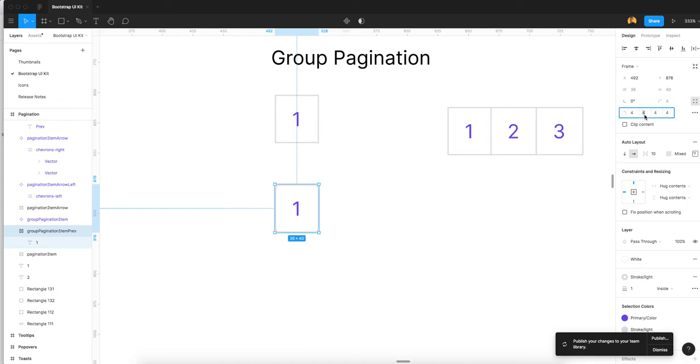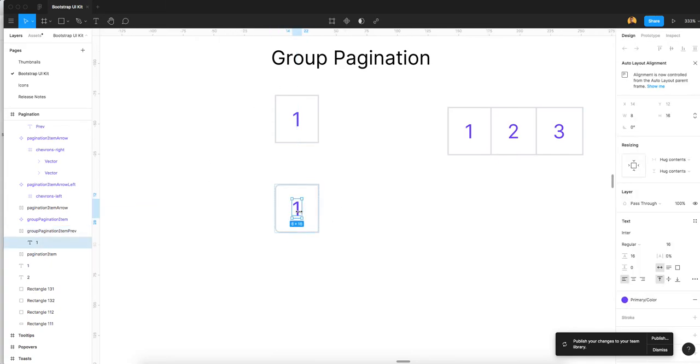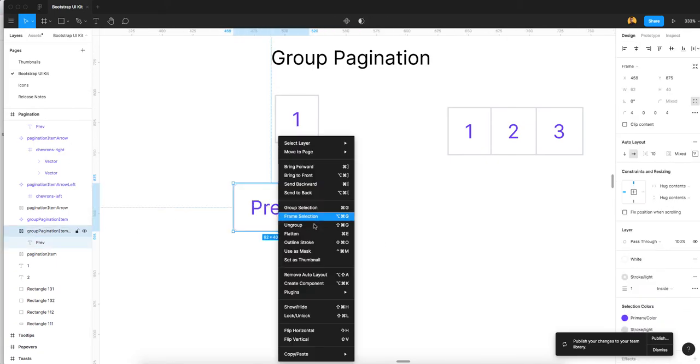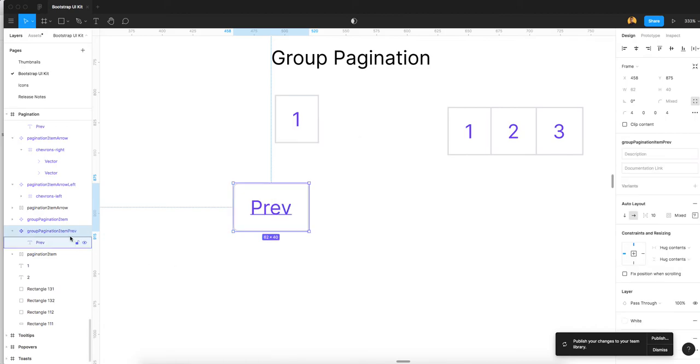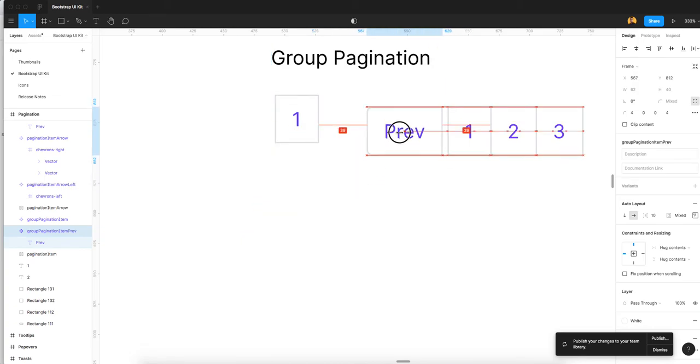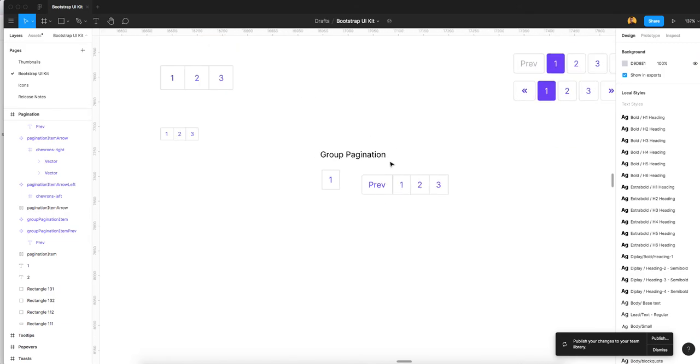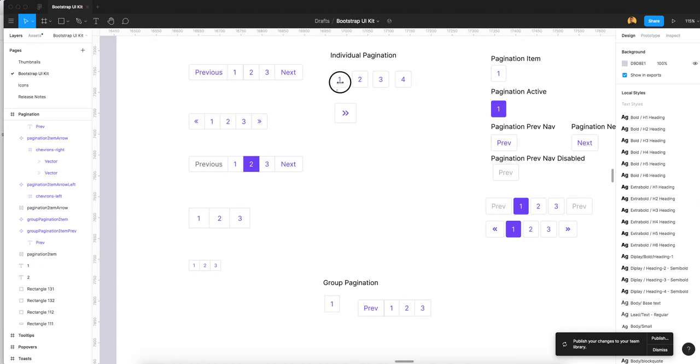So we just have to change to 0 and 0. You will see here, and now I convert and name it previous, and this item will become a component. So see, you will check group pagination item, and you will find it here with the same height as the pagination. See, and now I convert again for next.